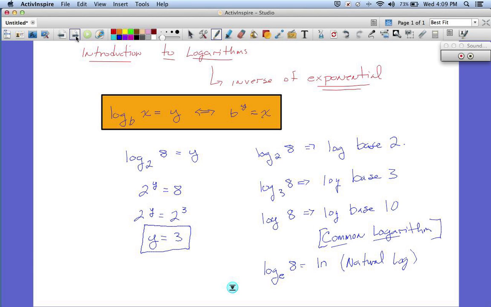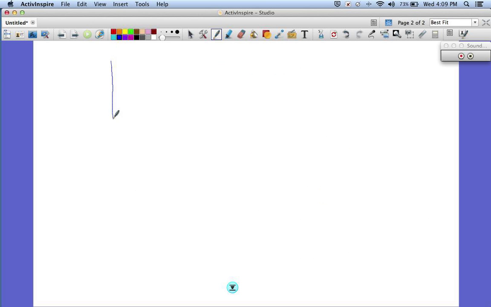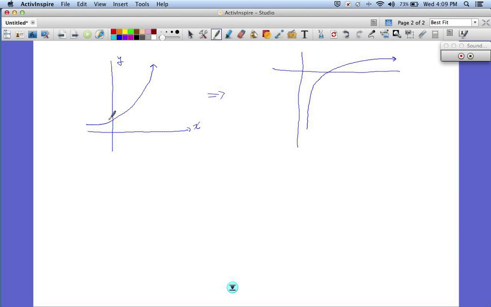We'll also briefly look at the graph of a log in case you forgot about it. Remembering that a log is the inverse of an exponential, this graph will now change. Instead of being in the first and second quadrant, this graph now looks more like this. We've got to reflect it over. Instead of crossing at 1 here, it crosses at 1 on my x-axis. And recall that the domain is 0 to infinity, and the range is all real numbers,